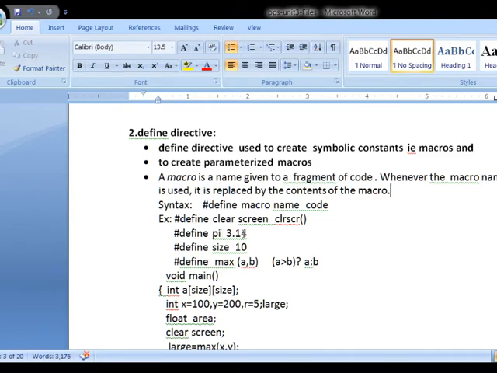Here I am defining 4 macros. The first macro is CLEAR_SCREEN, whose code is CLR SCR.